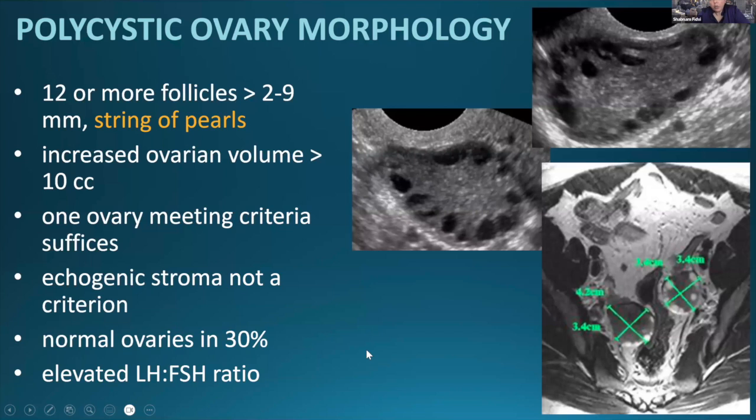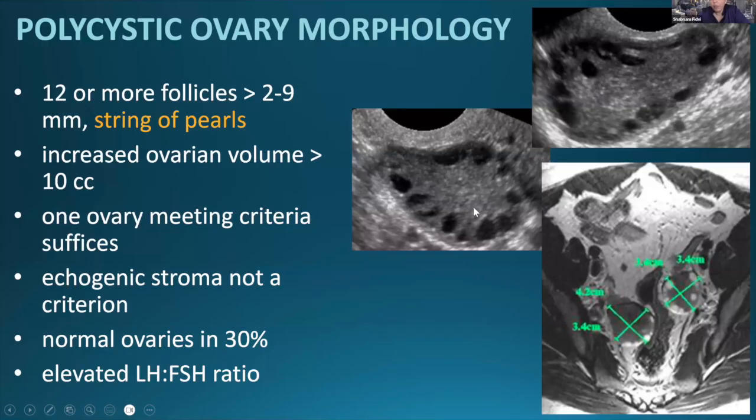So typically you'll see 12 or more follicles. The follicles are 2 to 9 millimeters in size. And when you look at the ovaries on imaging, you'll see that these are predominantly in a peripheral distribution within the ovarian parenchyma. So here you can see this on ultrasound, and this is described as a string of pearls appearance. You'll see increased ovarian volumes, typically more than 10